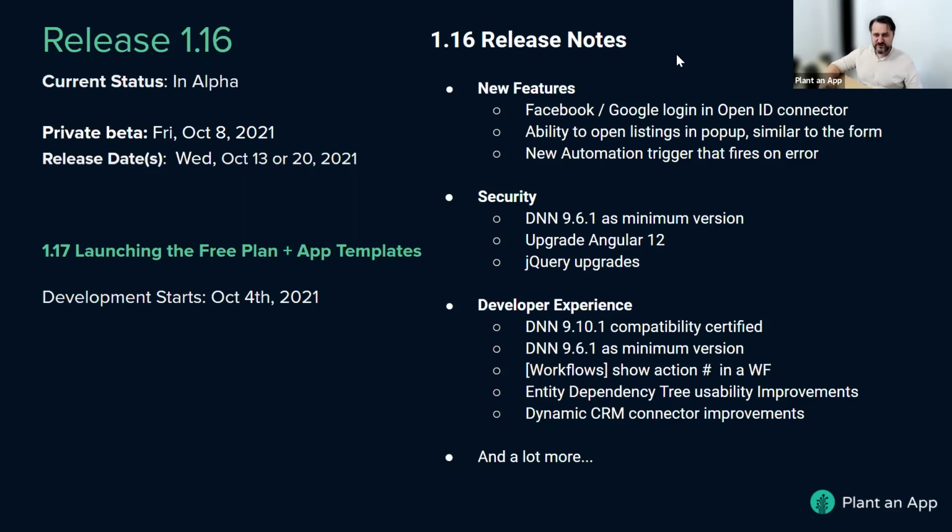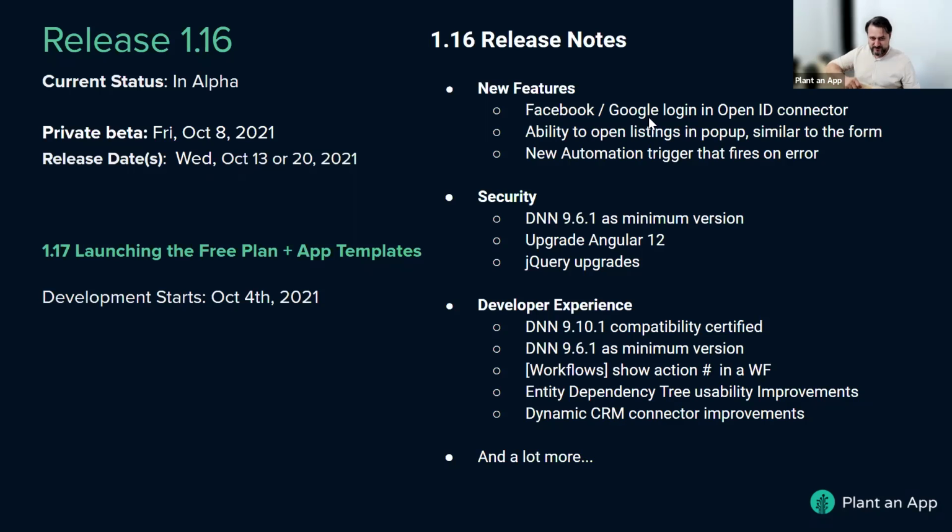We have a couple of new features, some very cool features like the Facebook and Google login integration. We've added this actually in our OpenID connector that's already in the product that can also connect to other data sources already, such as we've used it with Okta, AWS Cognito in the past, Azure AD, so any provider that supports OpenID. But of course, for each provider, there's particularities, and that's why we are releasing it one at a time. So very cool feature.